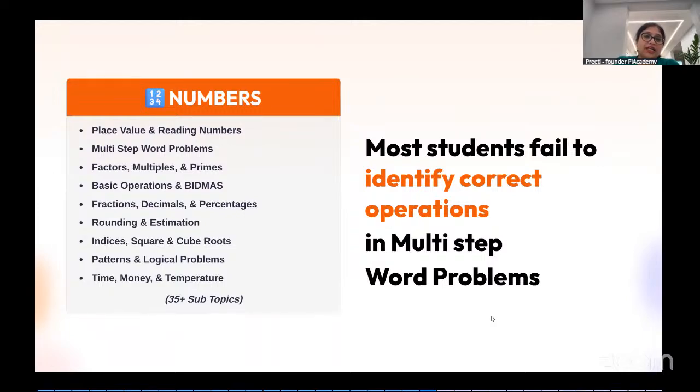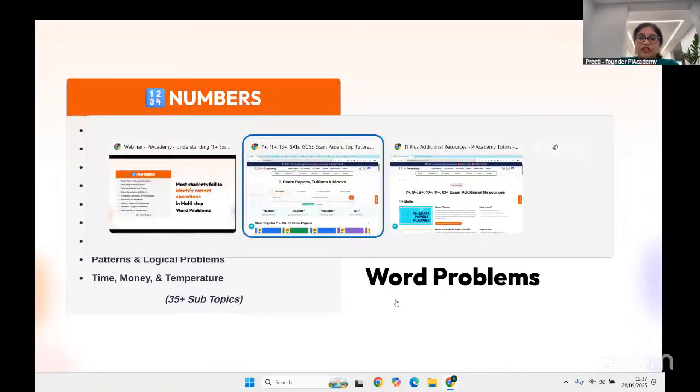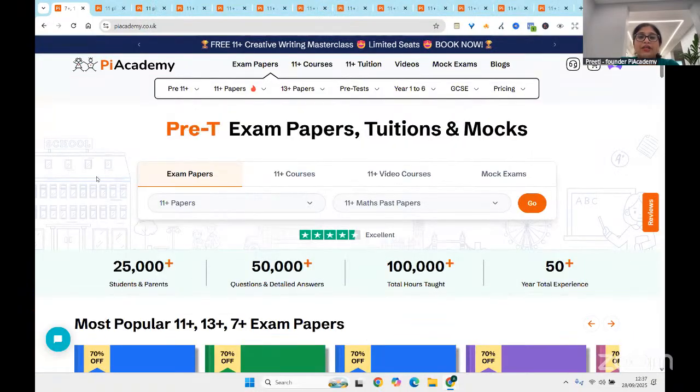So you can see under number we have many topics. I'm not going to read all these topics because we are going to send you the slides, but a few of them which are really important are basic operations, BIDMAS, fractions, decimals, percentages, and sometimes patterns and logical problems. I will show you on our website, like Ishita has already mentioned,